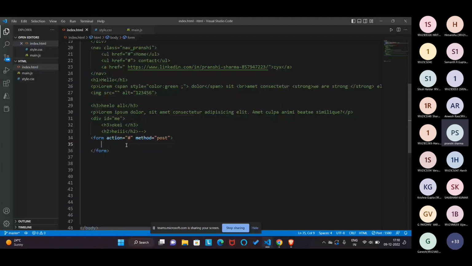So first we are building the form. For the form, we use the form tag, which is a pair tag, right? And we want to make the form, so we make an unordered list. In the unordered list, we'll make a list item. In the list item, we use a label. Now, what is a label? A label is an element in the form which is used to, for example, let's first build the project practically, then you will understand it further. Okay, name,